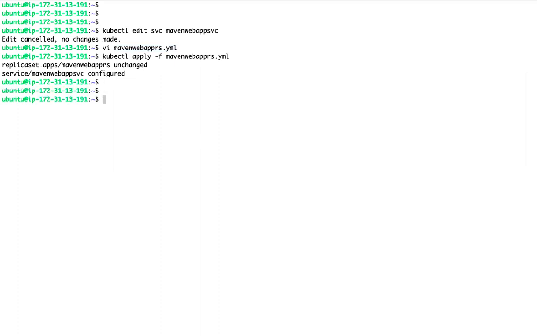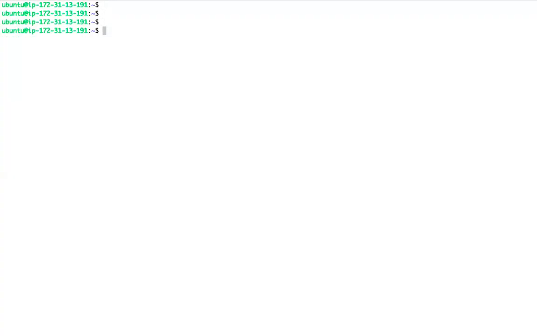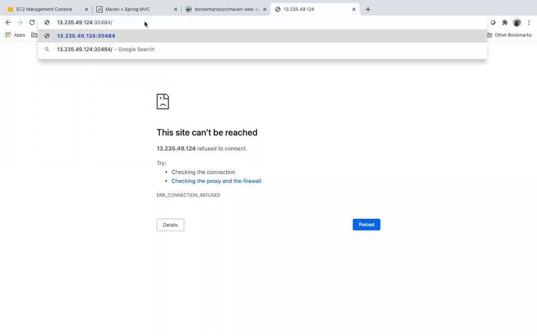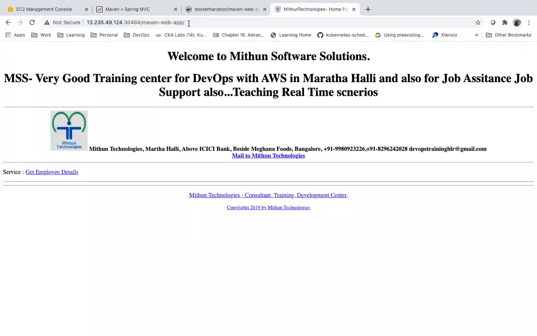Now let's see if I am able to access. Now we are able to access within that cluster. Now outside the cluster, right? I have this application, maven web-app. This is my application context. Do you see?